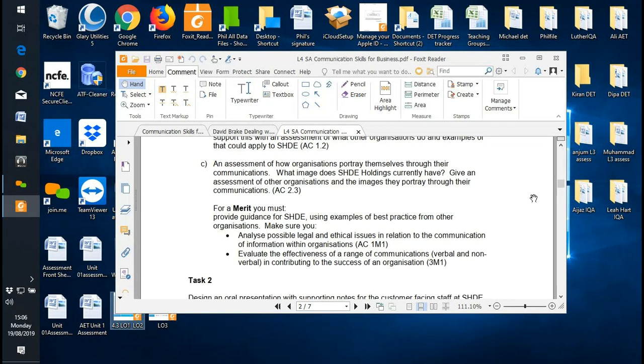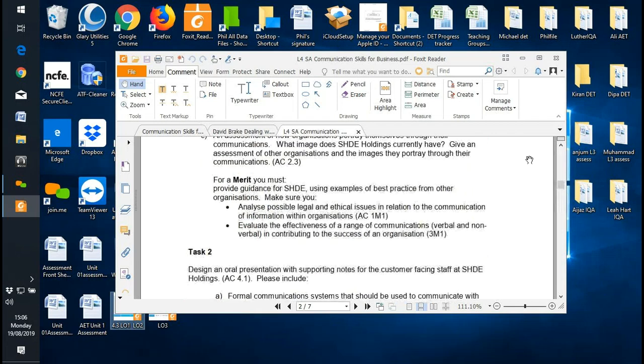An assessment of how organisations portray themselves through their communication. What does SHDE Holdings currently have? Given an assessment of other organisations and the images they portray through their communications. If you want to go for a merit, you must provide guidance for SHDE using the examples of best practice